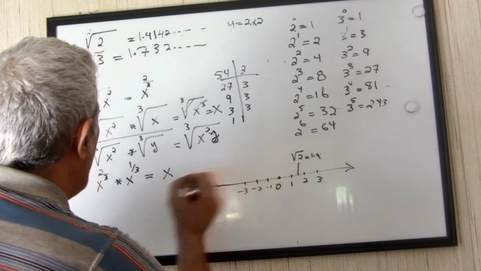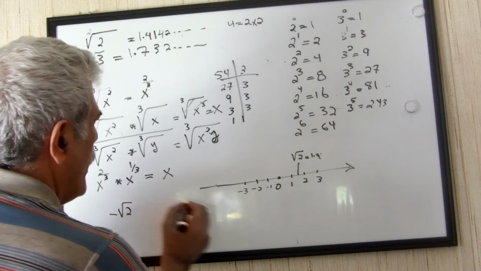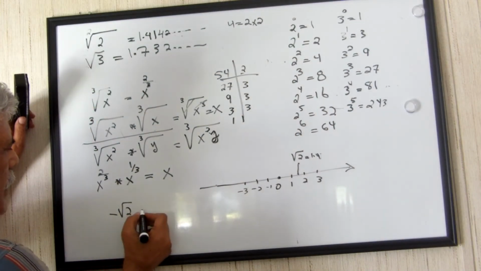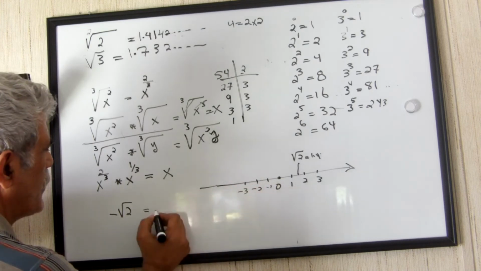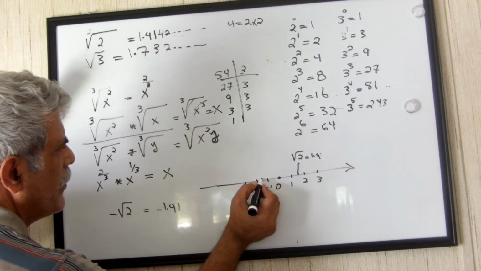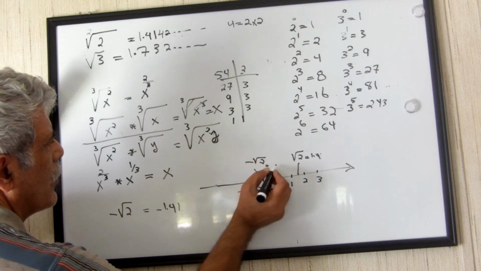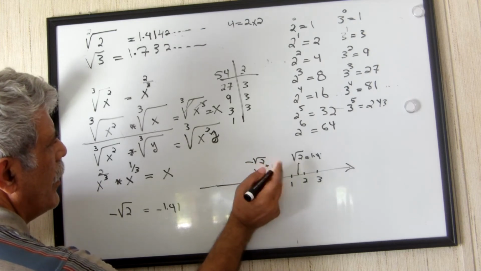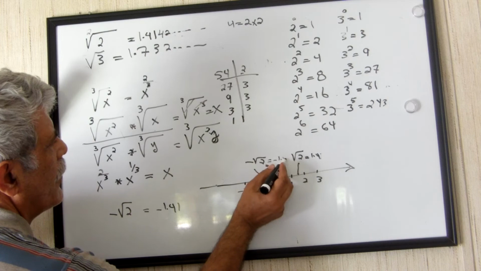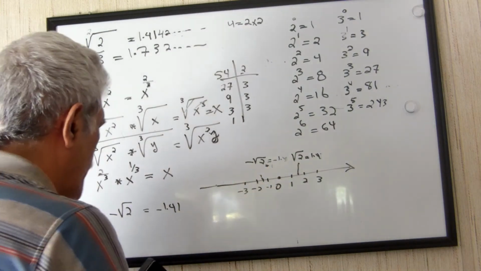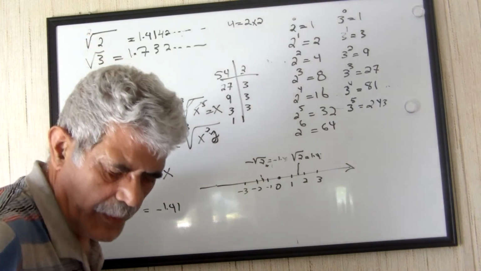So if it is minus the square root of 2, it's going to be minus 1.41. It's going to be somewhere here. Minus the square root of 2 is equal to minus 1.41. And also, you know, about these